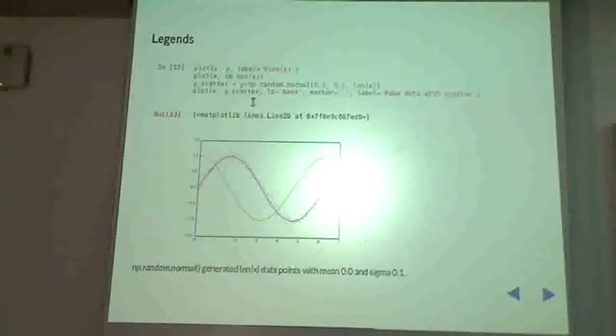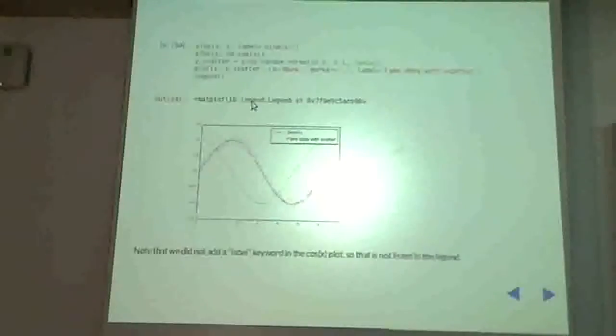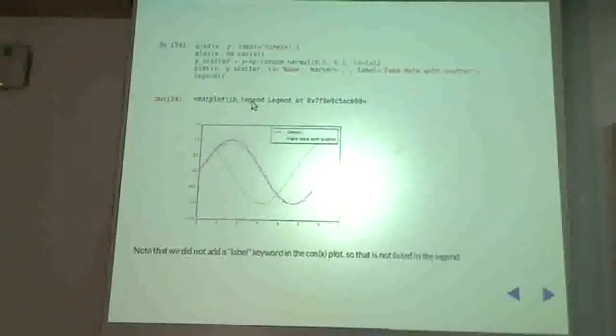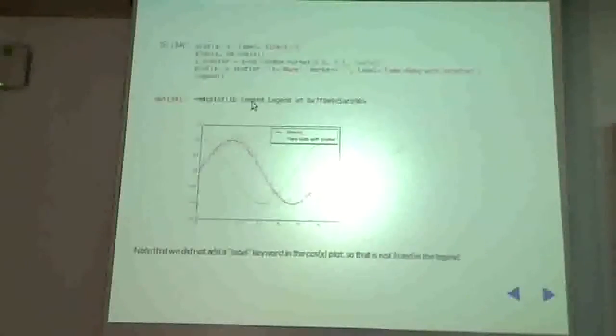It plots those points, those fake data that we have, those little dots over there. I say marker is equal to comma, and I put a label, fake data with scatter. The thing to remember is np.random.normal generated len x data points with mean 0 and sigma 0.1. Now here you don't have a legend, but to the same curve,